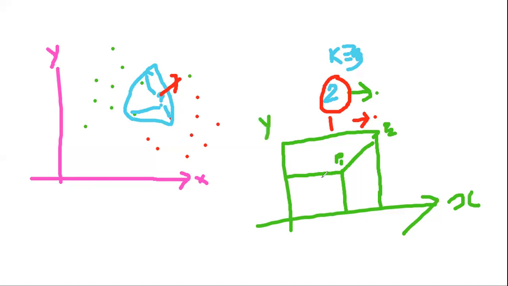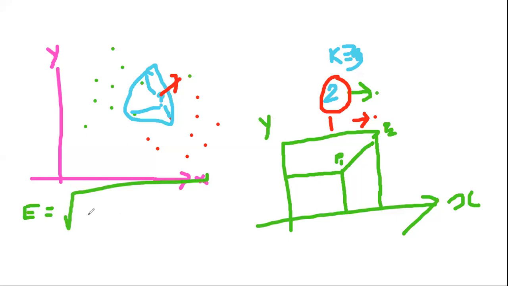To calculate the distance between these 2 points, we have the L1 norm as well as the L2 norm. The first method is the Euclidean distance measure, as you are already aware. The formula to find the distance between two nearby points is the square root of, here we need to specify x2 minus